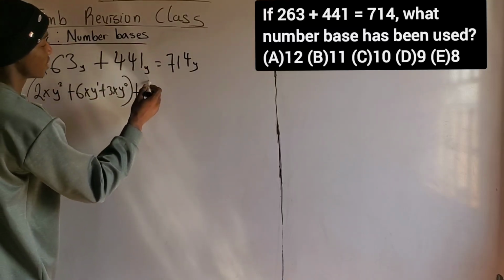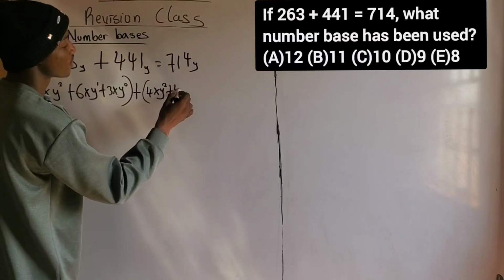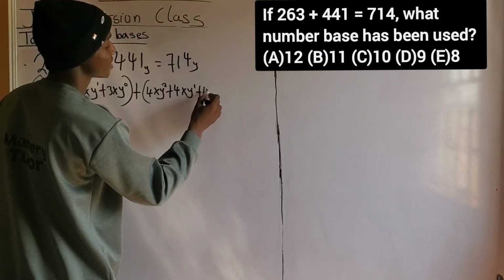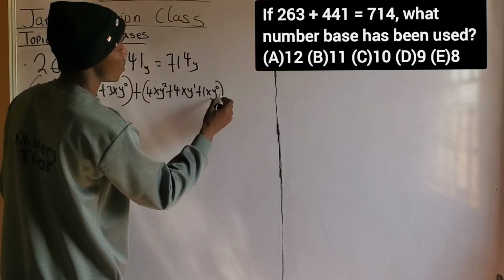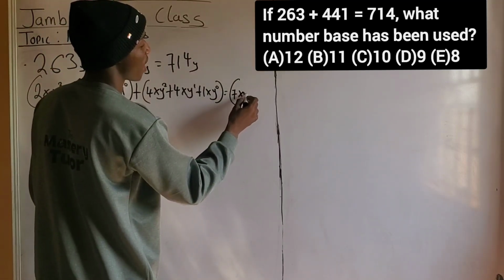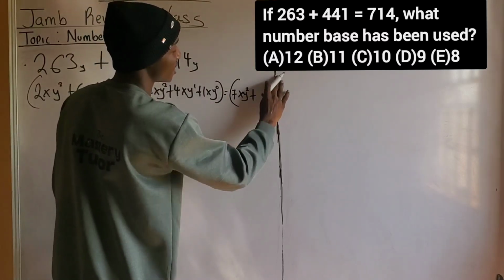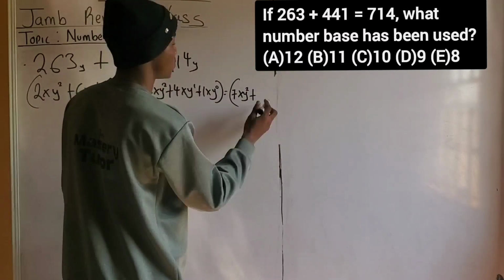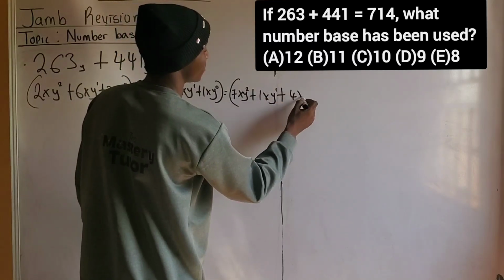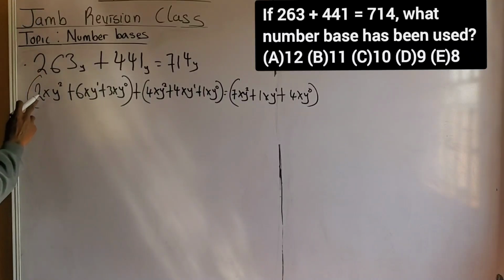This plus 4 times y raised to the power of 2 plus 4 times y raised to the power of 1 plus 1 times y raised to the power of 0. This will be equal to 7 times y raised to the power of 2 plus 1 times y raised to the power of 1 plus 4 times y raised to the power of 0. So here I'm going to have 2y squared